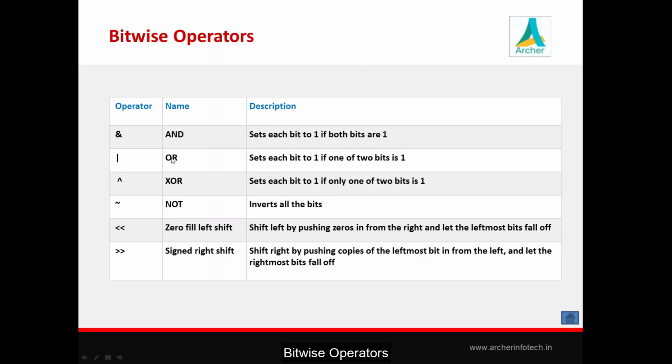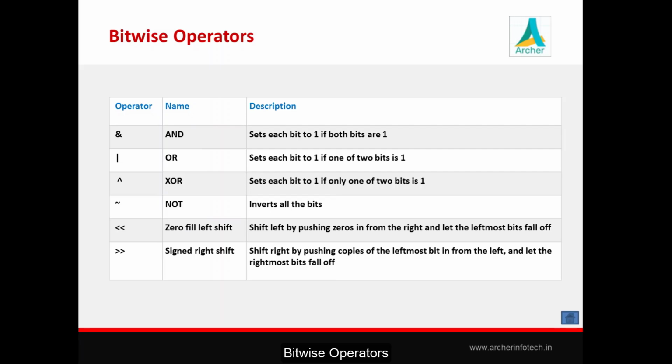See this difference between OR and XOR. In case of OR, 1 1 is 1, but in case of XOR, 1 1 is 0. Because the OR operator returns 1 if one of two bits is 1, and the XOR operator returns 1 if only one of the two bits is 1. The NOT operator is the negation operator. It involves all the bits; it makes 1 to 0 and 0 to 1. The left shift operator shifts bits to the left by a given value and pads with 0 from the right side, and it reverses in case of right shift.